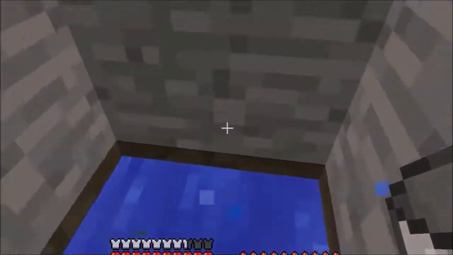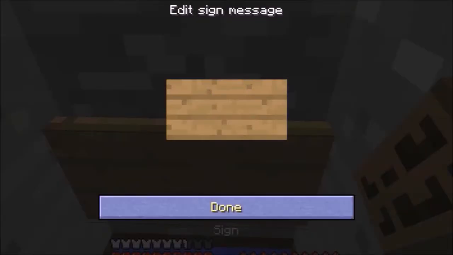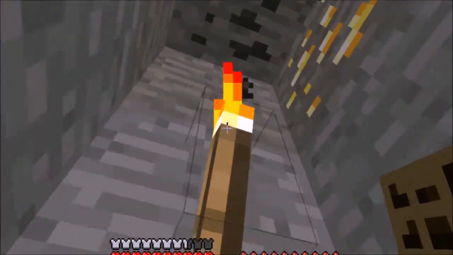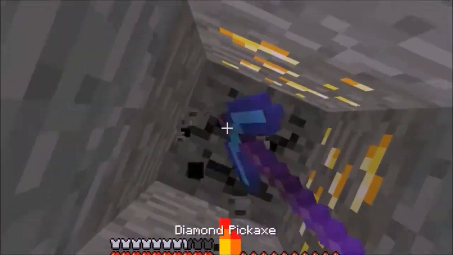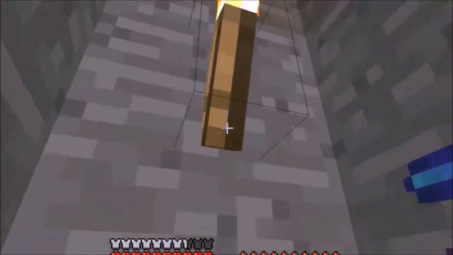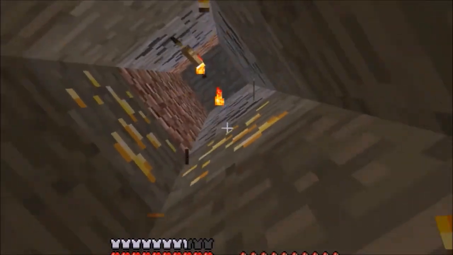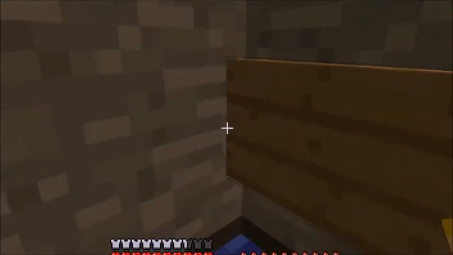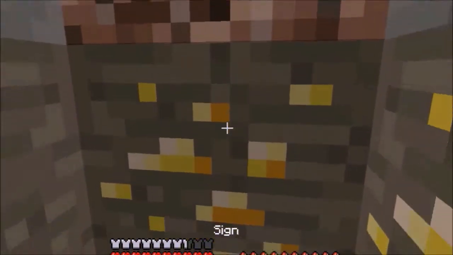Place my sign. Now if I wanted to, I could have got that gold and then replaced it with another block, but I don't really need it right now, and I just wanted to get this built, and it was already going to take a lot of time. So what I do is I just put the torch as far up as I can get it, and then build up to it,